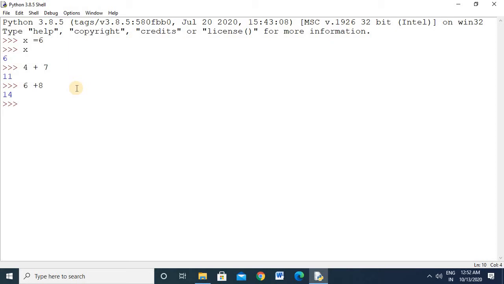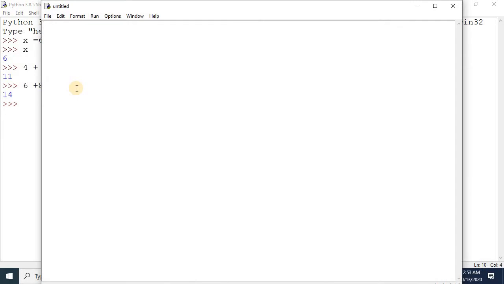But in script mode, you can save your program and execute it later whenever required. From this mode, you can go to script mode by just pressing Ctrl N. You open a new file and write a few commands. For example, x equals 7, y equals 9, and a print statement, a simple program, x plus y.